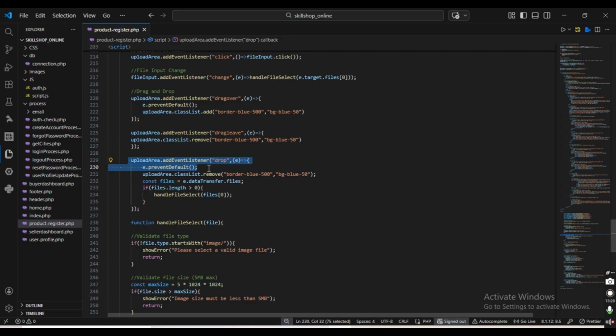When the user drops the file, the default browser behavior is stopped, the highlight is removed, and the file is captured. Then I check if the file exists and send it to the handleFileSelect function. Why do I use this? Because this enables real drag and drop functionality. It allows users to upload images by dragging instead of clicking, and this makes the system modern and user friendly. And here,